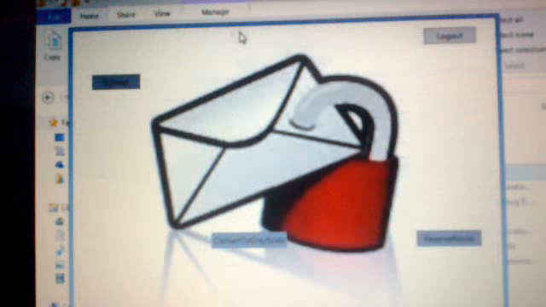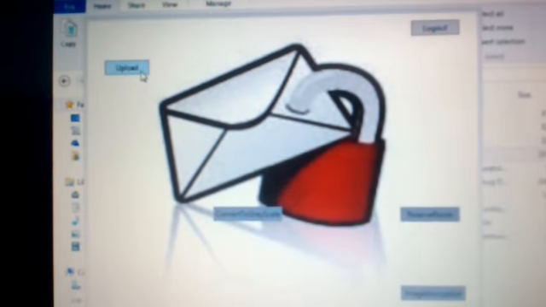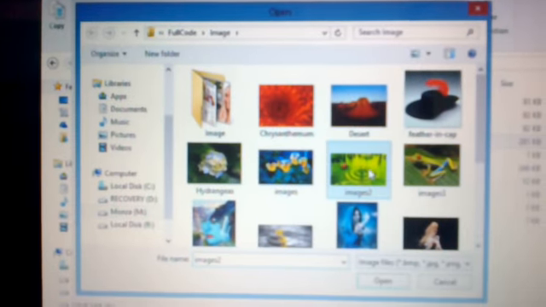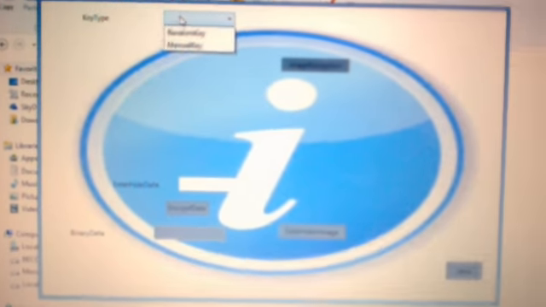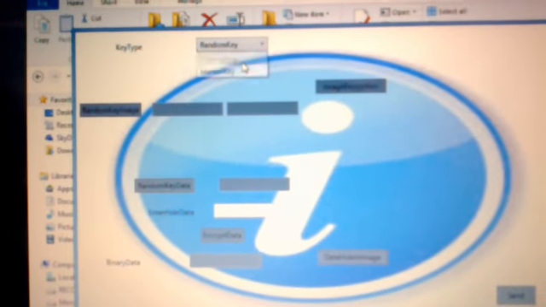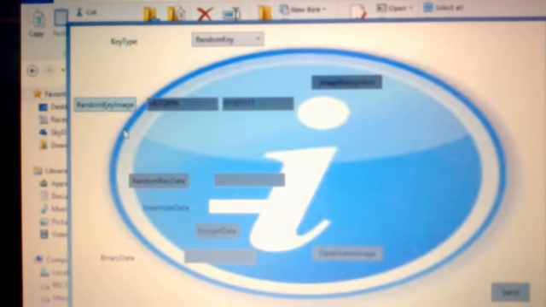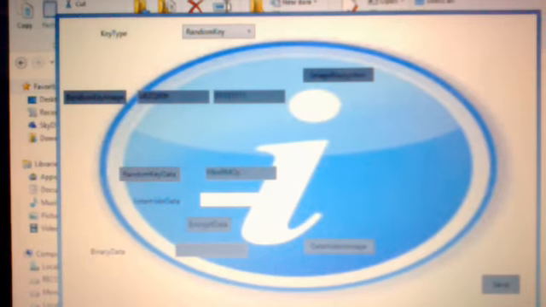First he has to encrypt the image that he wants to upload. So first he has to upload the image. Then the color image is converted into a grayscale image, and room is reserved here to hide the data. Then we can give two types of key, random key or manual key. We are giving random key. The random key is generated for the image, and a random key is generated for the data also.